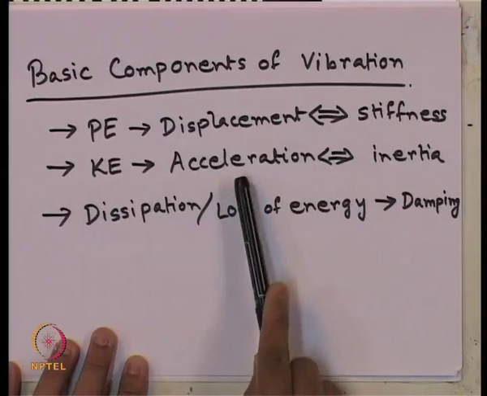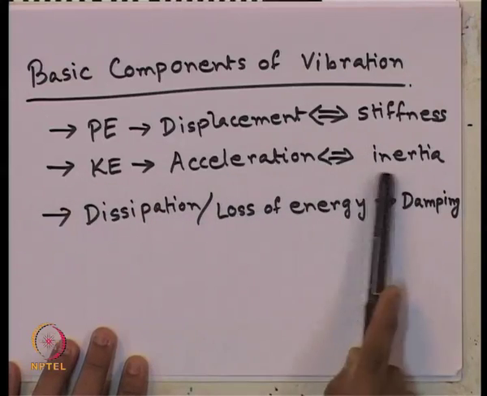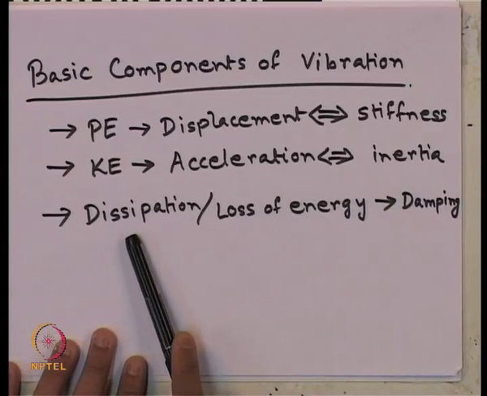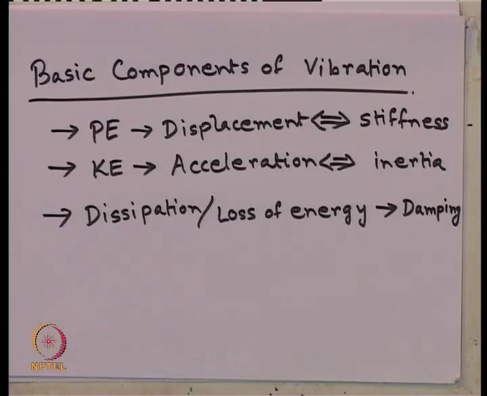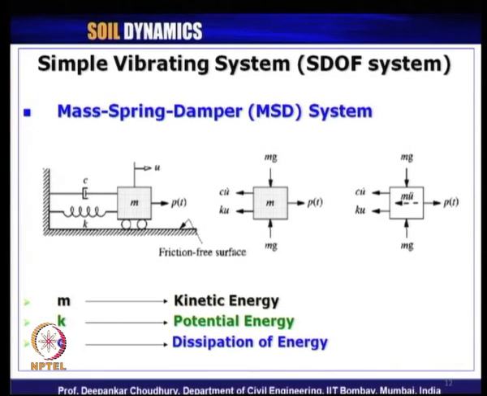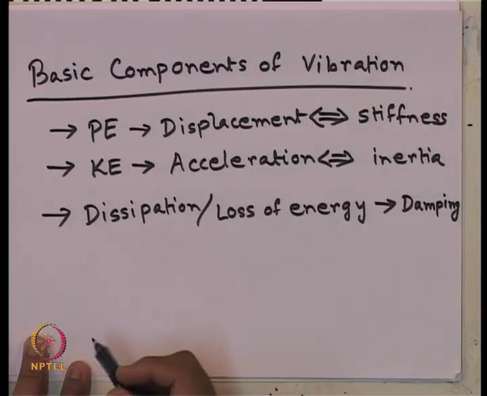Then kinetic energy, in which acceleration and inertia are related to each other, and then dissipation or loss of energy, where damping is involved. So, if we take any simple vibrating system, what are the basic units for it? A single degree of freedom system,